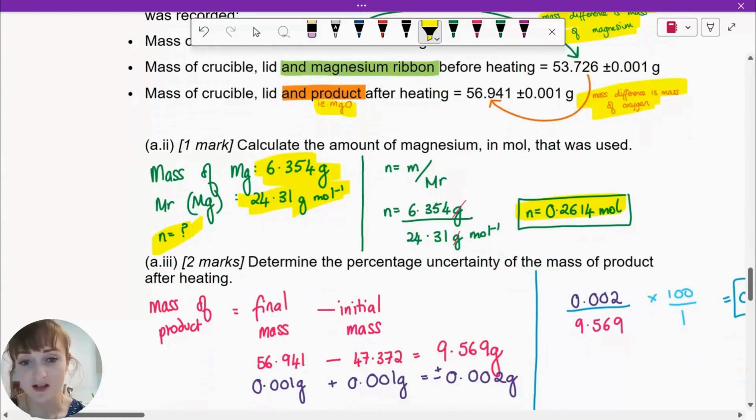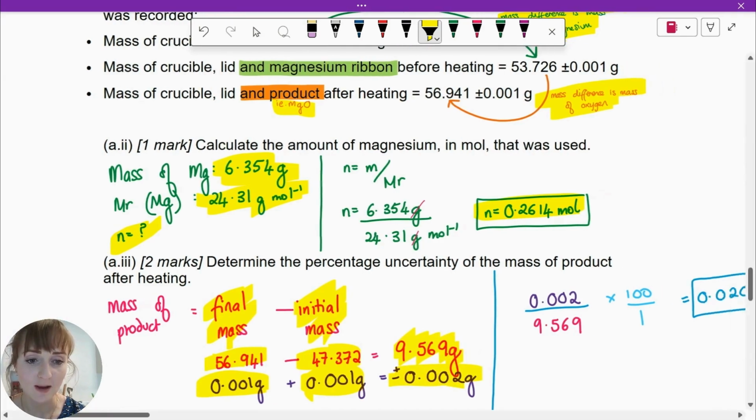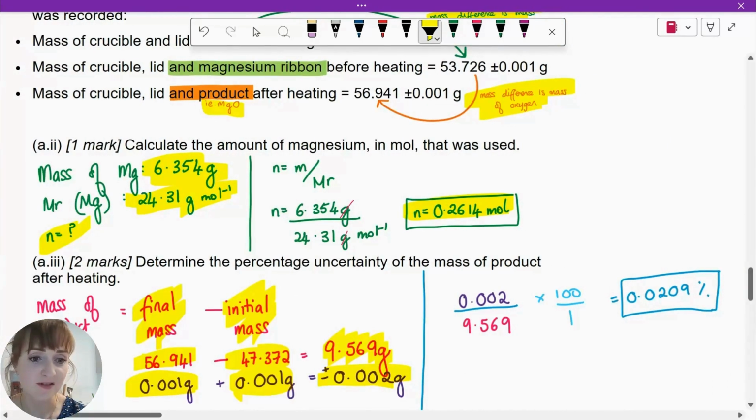After you have that, you're asked to determine the percentage uncertainty of the mass of the product after heating. So we have to remember that each mass value has its own uncertainty with it. If I'm getting the difference between those 2 masses, i.e. I'm subtracting, then anytime you add or subtract, you should always add the absolute uncertainty. So the difference between final mass and initial mass is 9.569 grams. And when I add those two uncertainties, it's 0.002 grams. So when I represent that as a percentage, it's